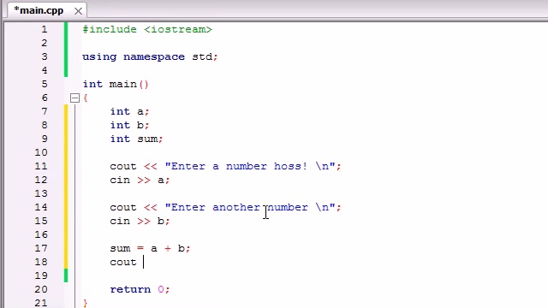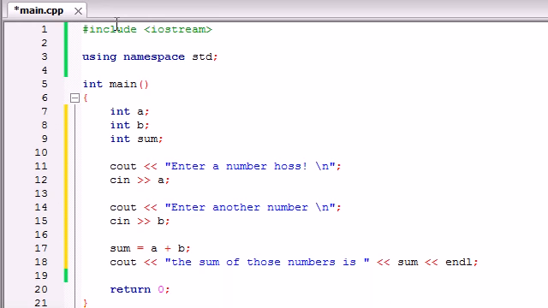on the screen. So cout, we'll just write the sum of those numbers is... I think it's "is" because it's one sum. And again, anytime you want to add more than one line of text, you could do it like this. You could write a new line and then print this out on another line, but I want to add it on the same line. So I'm going to go ahead and add another insertion operator just like that, and just go ahead and write sum. And then add another one and just go ahead and write end line, just so our program looks nice and